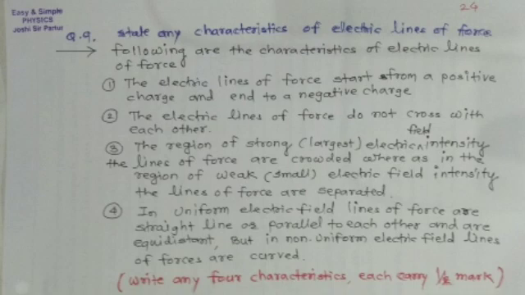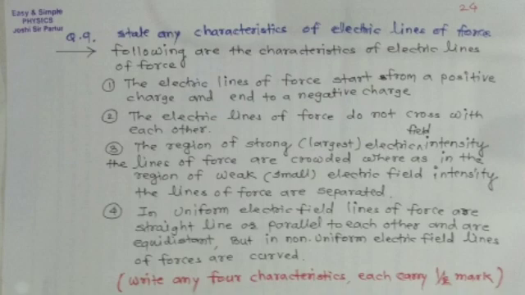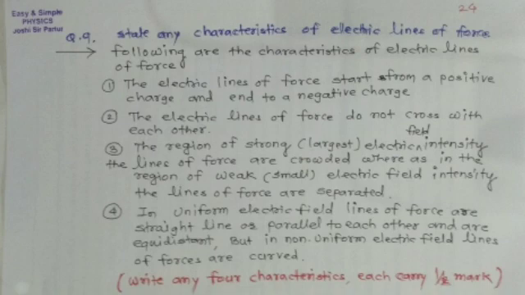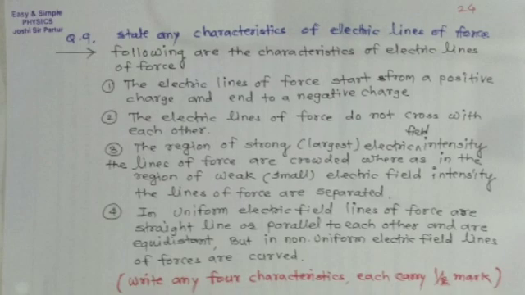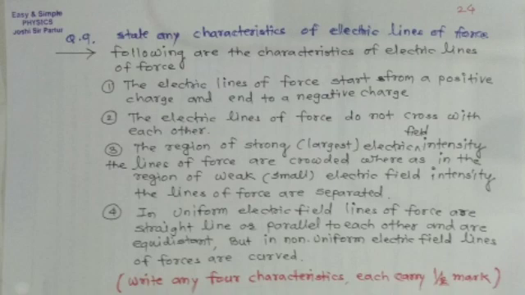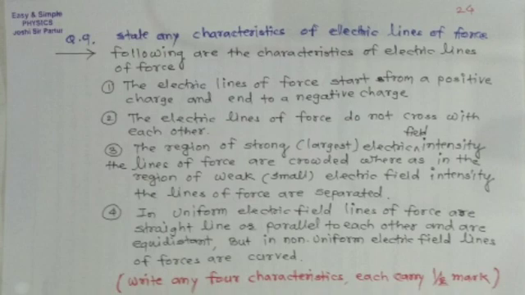Number 1. Electric lines of force start from a positive charge and end at a negative charge. Second characteristic: electric lines of force do not cross each other. Third characteristic: in the region of strong or largest electric field intensity, the lines of force are crowded, whereas in the region of weak or small electric field, lines of